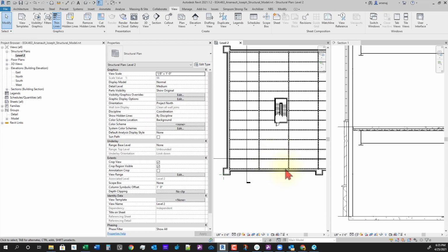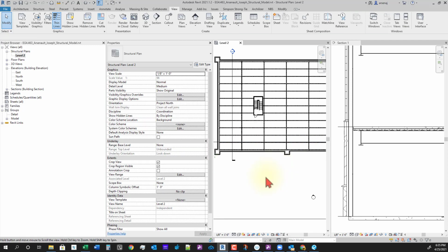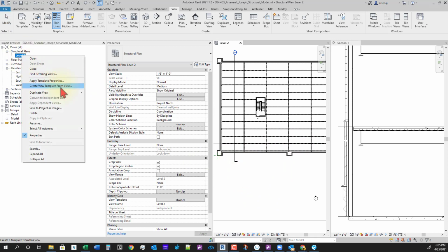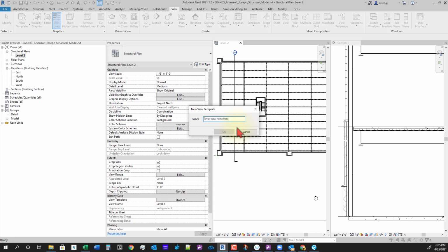So I got that floor done. So what I'm going to do is go over here to level 2, the structural. I'm going to right click and create a view template from view. I think this is the first time we've talked about view templates. I'm going to create a view template and call it structural plan,